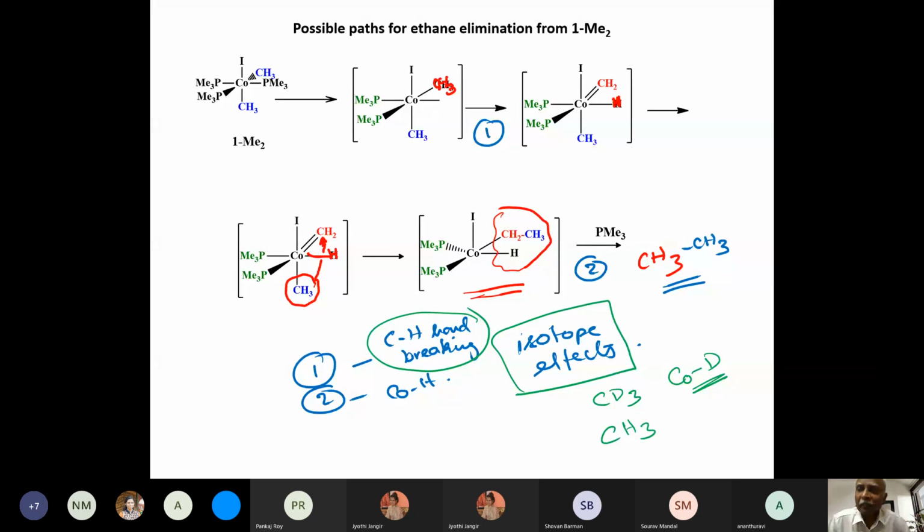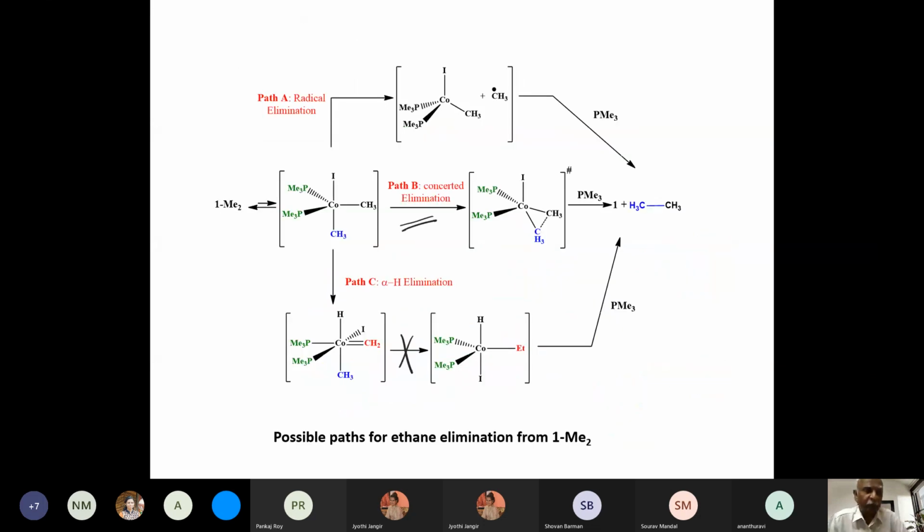that among the various pathways, there are 3 pathways that we have discussed. One is the radical pathway. Detection of the methyl radical can be checked. How can you detect methyl radical? How will you detect it? With a radical trap. Somebody else said something else? Sir, by applying TEMPO. Okay, that's a radical trap.